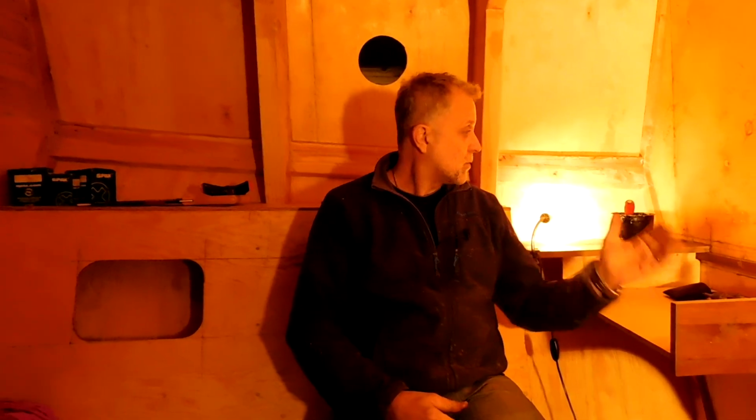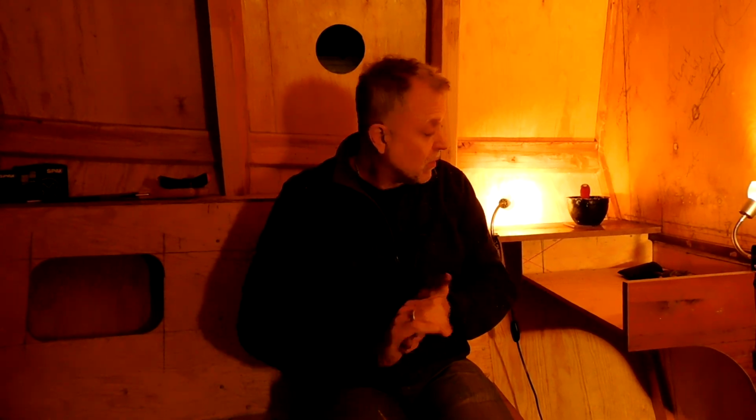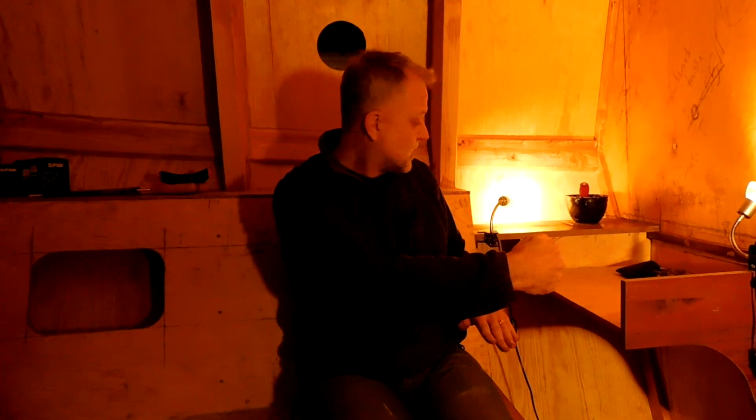Hey, well, it's the end of the day, working on the old chart table, so it kind of feels like slow going, but there's a lot of thinking goes into it and measuring, and most important is that the storage area is big enough to get charts or a chart book in there, either a folded full-size chart or my lovely chart book of California, which I've measured up and I know fits in there comfortably. The chart surface, the actual table surface, will extend out this way a bit, big enough to get a half folded full-size chart on to work on, which is big enough for me. Coming on, and it's nice,